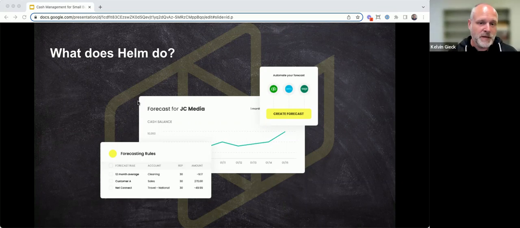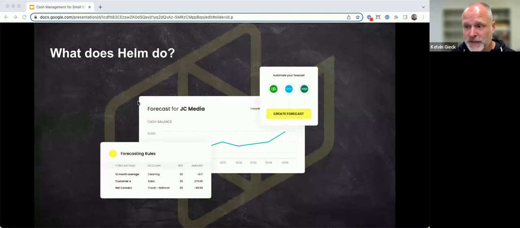So Helm simplifies the cash management process by bringing data into one spot. It also integrates a number of different tools used in the cash management process to make it faster and easier. And it also provides a platform where people can collaborate in real time on the cash flow forecasts, which eliminates a lot of the pain points in terms of the communication process and getting context again for these business decisions. Again, having discussions around what is happening is a key piece of the cash management process, and so it needs to be handled quite efficiently.